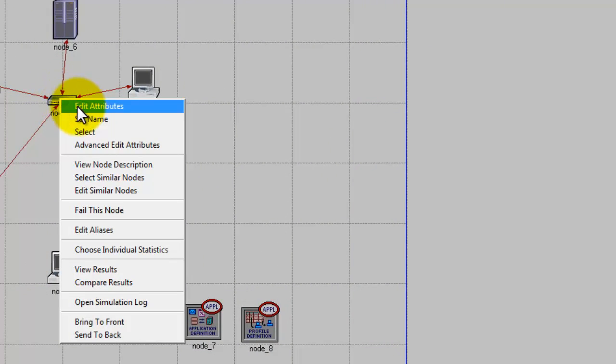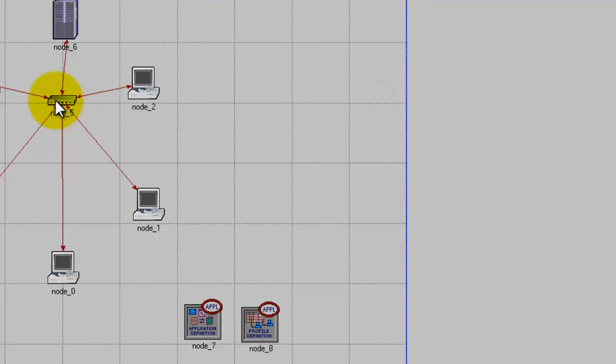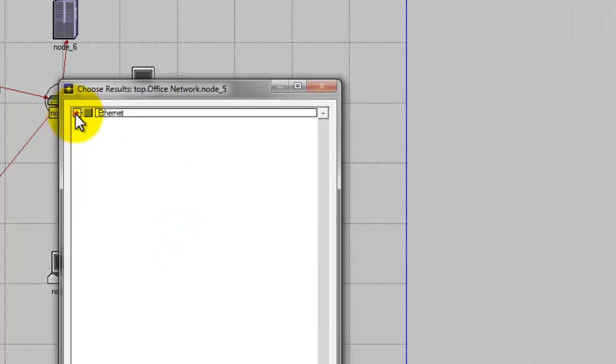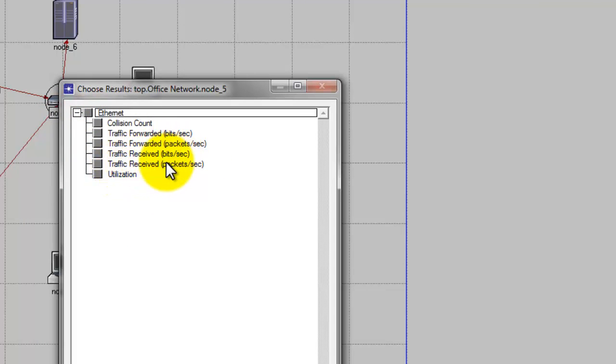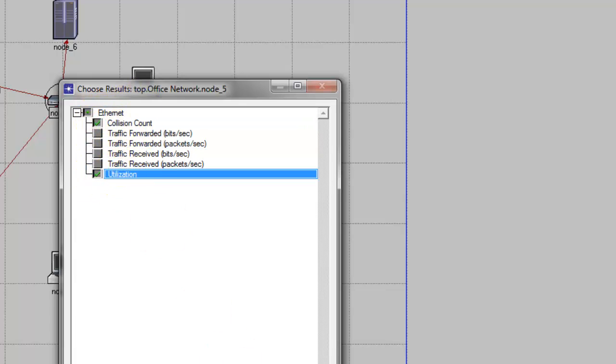Then similarly for the hub, the central node, we choose individual statistics and set Ethernet to collision count and utilization.